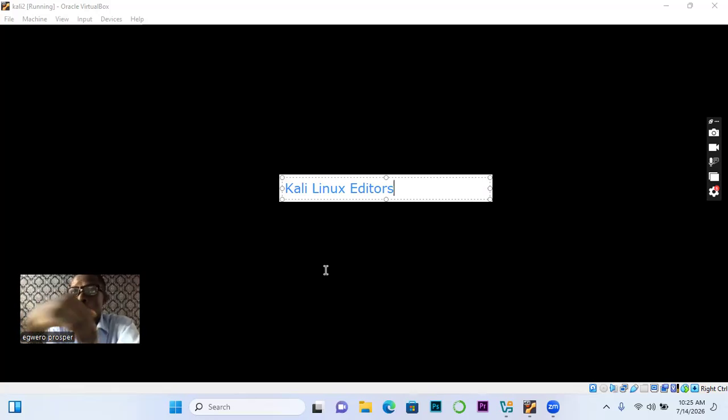Which means that these Kali Linux editors, we are going to be using them in the place of what? Editor. Are you getting me? In the place of an IDE like Rider. So let's look at an example of these editors. Examples of Kali Linux built-in editors. Now that we understand what an editor is, we have the first one, which is called the